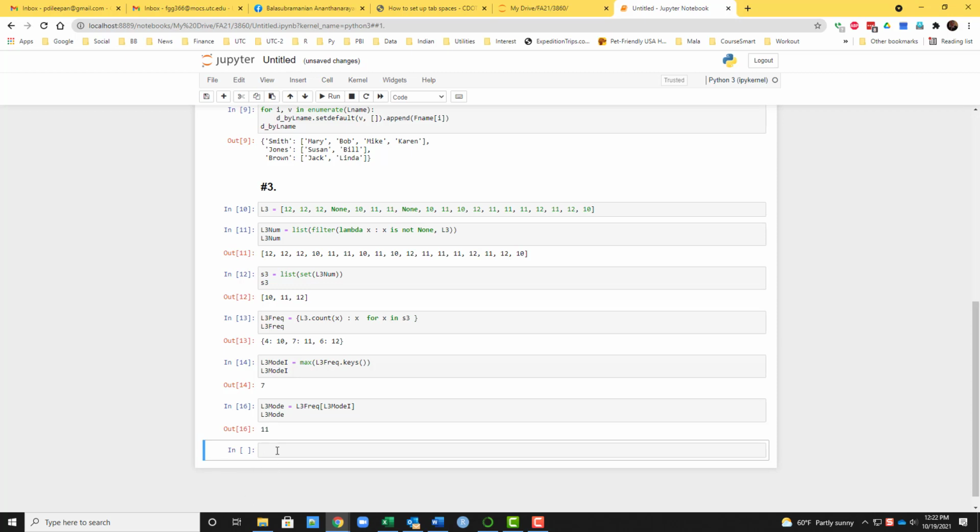Okay. So now we need to fill it out. So L3 filled is, now we need to do a lambda. Okay, so we'll do a lambda x. Okay, so we're going to iterate through. So we're going to do this. So if x is, here we did x is not None, so now we use x is None, then